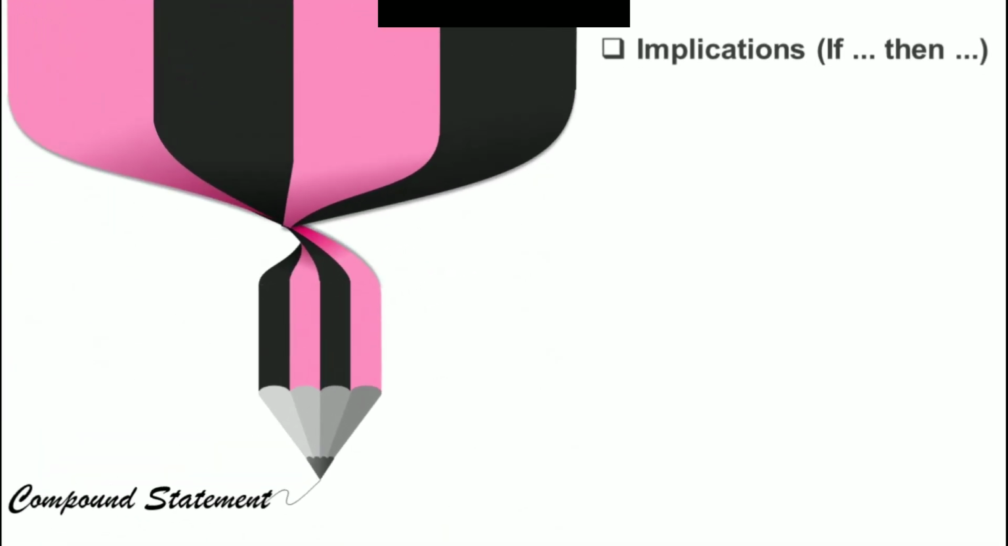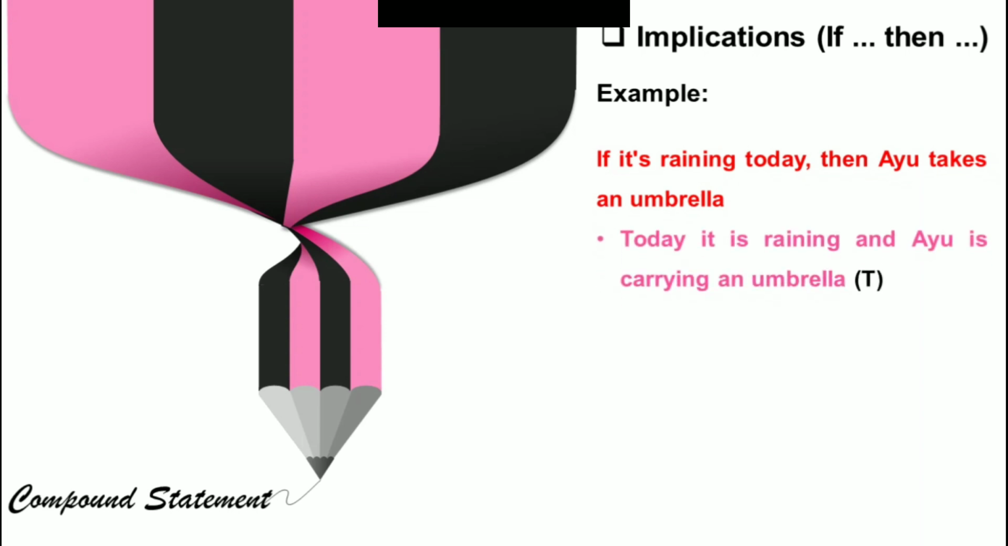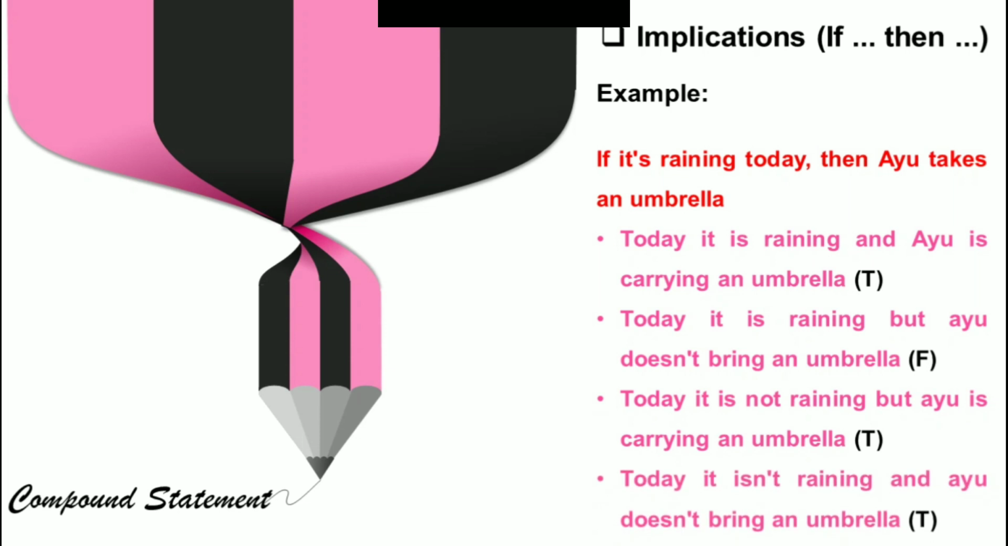The third conjunction is the implication, or the conjunction if. Pay attention. If it's raining today, then Ayu takes an umbrella. Today it's raining and Ayu is carrying an umbrella. Today it's raining but Ayu doesn't bring an umbrella. Today it's not raining but Ayu is carrying an umbrella. Today it isn't raining and Ayu doesn't bring an umbrella. The truth table is